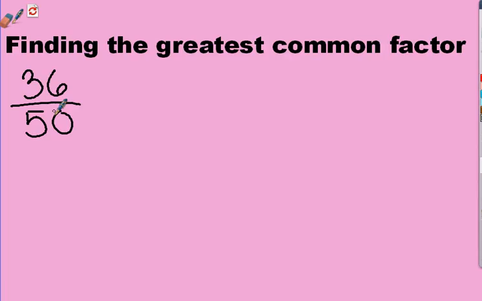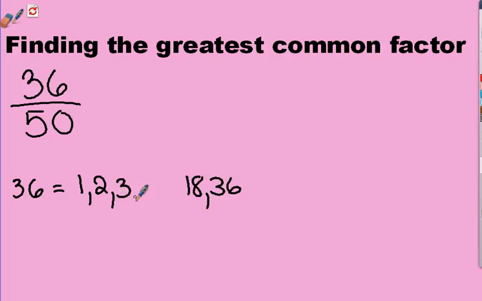Alright, I'm going to say that's 1 and 36. 2 and 18. 3 and 12. 4 and 9. Okay, factors for 50 would be 1 and 50,